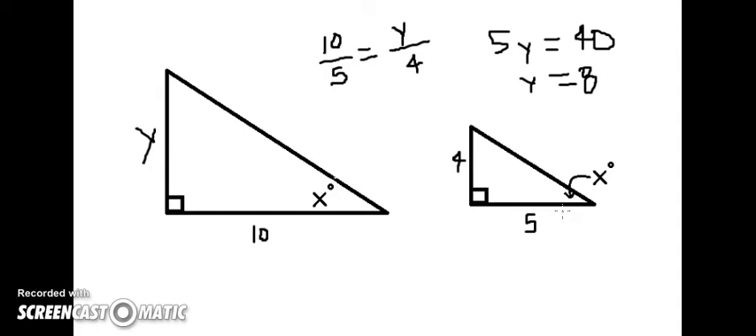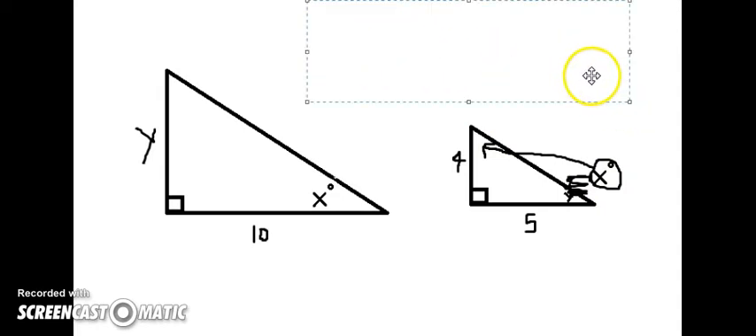More than likely, they won't give it to you this simply. A lot of times this x here will actually be this angle, in which case you kind of have to redraw that. So you would redraw this triangle so that it's situated the same way. So for instance, if x was this angle instead,